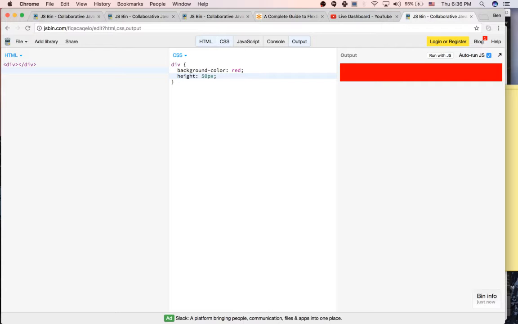So you have to give it a height property, otherwise you're not going to see anything. And so right here, this style, we're saying give a background color of red to every div, and then also give a height of 50 pixels to every div. And so if we put another div,